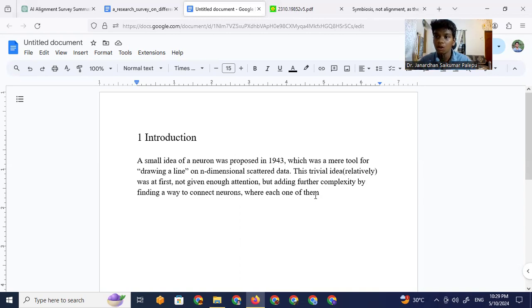Or where every neuron works together to find the relation, right? Where every neuron works together to map x to y, led to